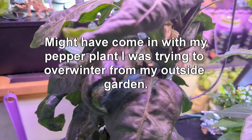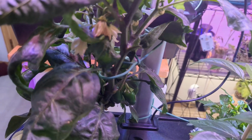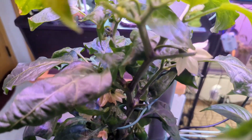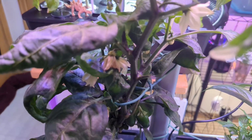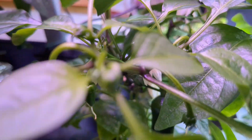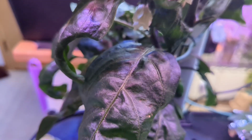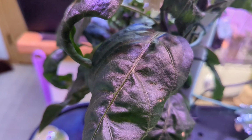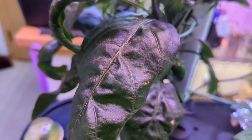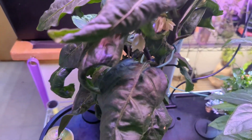So my wife went out and she bought a ton of insecticidal soaps and stuff like that. But this is food that I eat, and I wasn't too thrilled about it. But I did try neem oil, and that really didn't seem to do much. They were still out and about hanging around, and so I came up with an idea. Basically, I don't like bugs. I don't like bugs. Don't like germs. So I was